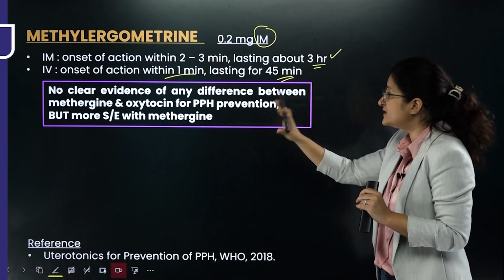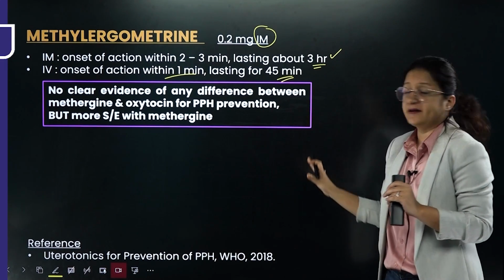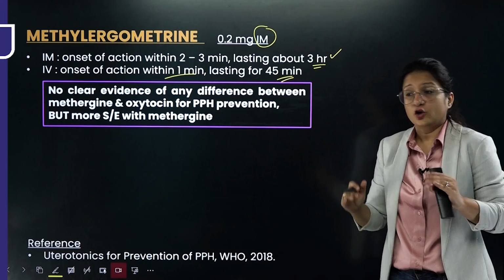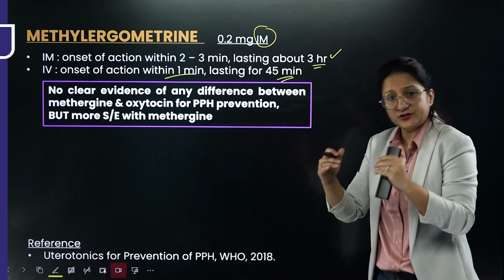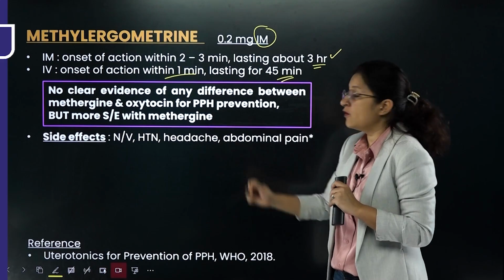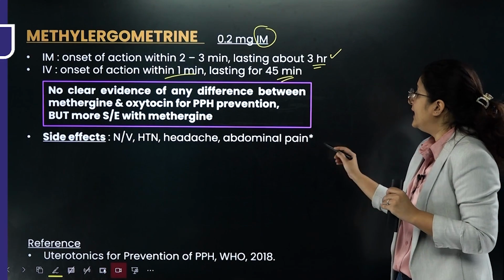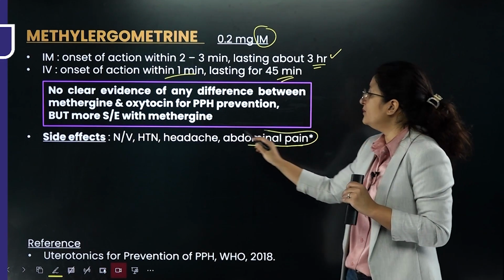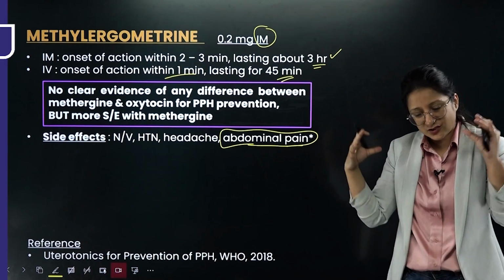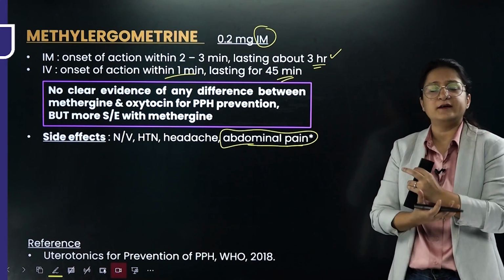So, there is no difference in their efficacy for PPH prevention, but there are going to be more side effects with methergin. You will also have to rule out contraindications of methergin as well. So remember here, the side effects could be nausea, vomiting, hypertension, headache, abdominal pain. Now this abdominal pain also happens because the methergin makes the uterus contract tonically, induces tonic contractions of the uterus,